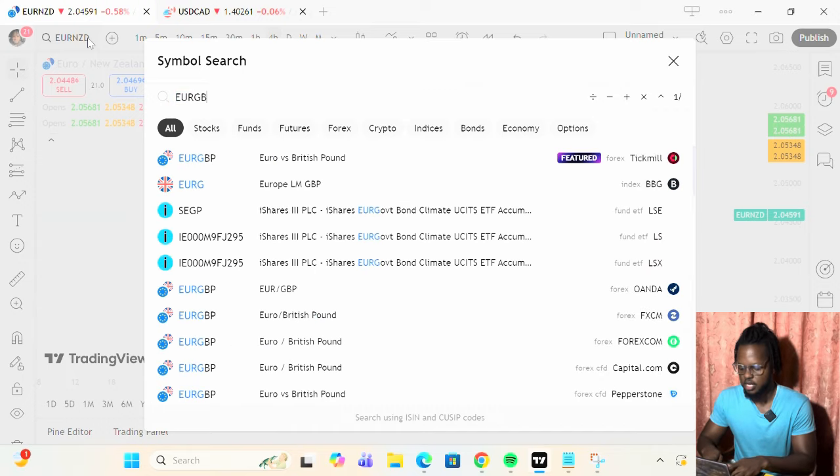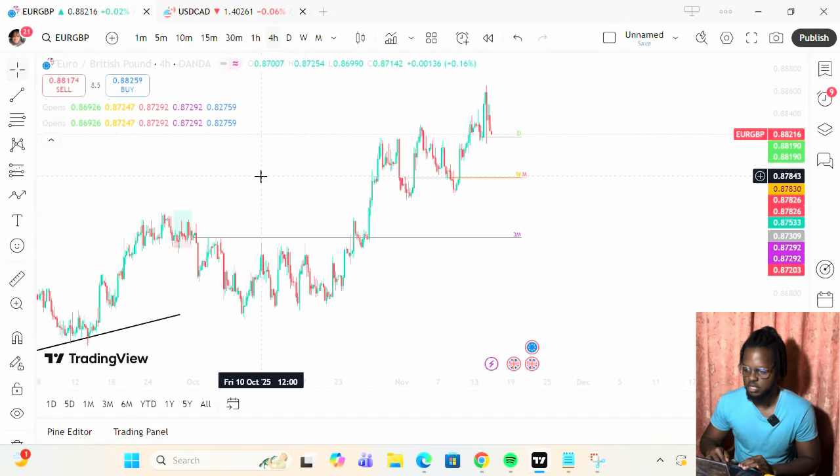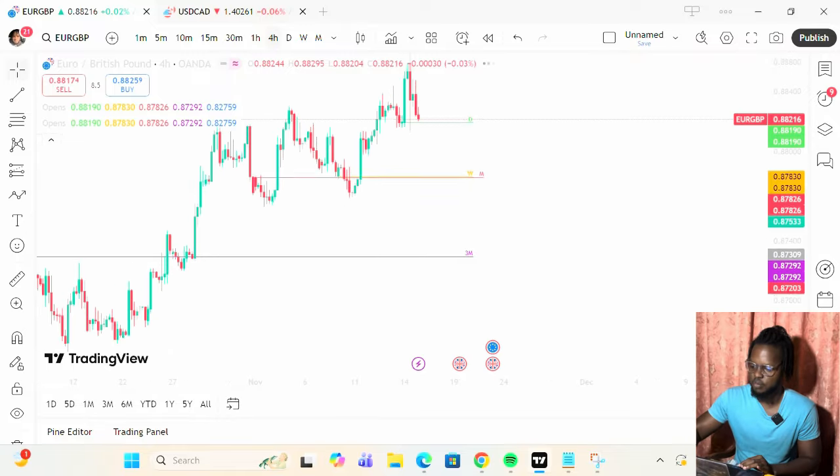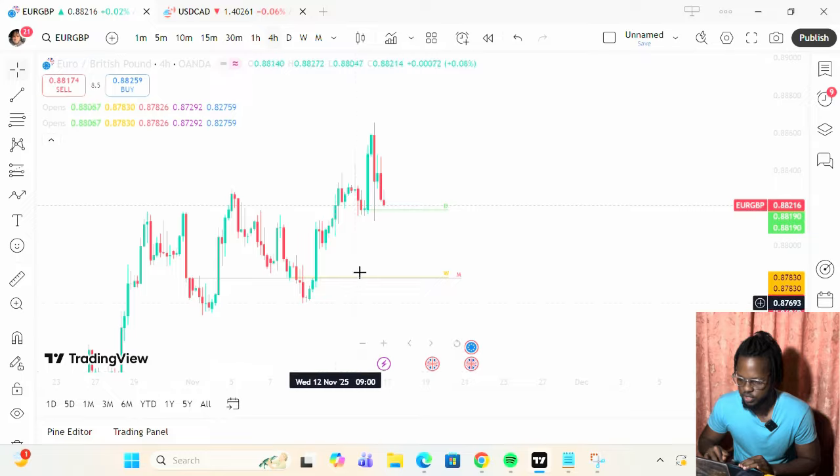I think I still see some downside on this, but you could just long this up, in my opinion. And then lastly, Euro Pound. Euro Pound is looking for longs. Wow, okay, so we have pulled back into a very interesting area of interest, right? So maybe some longs from here. Let's see how price reacts here if we take out some liquidity.